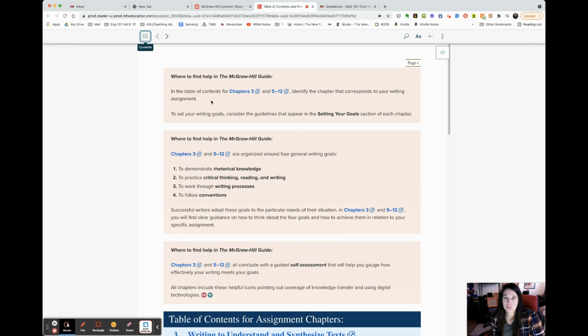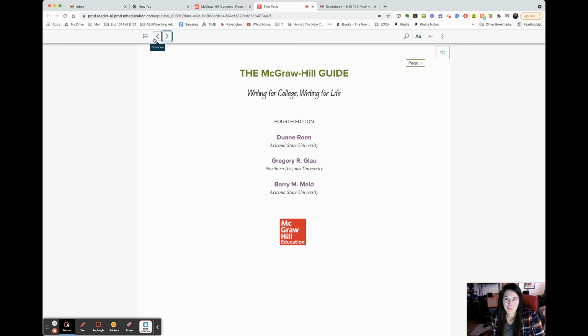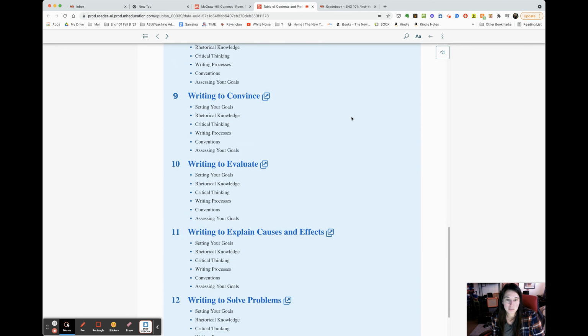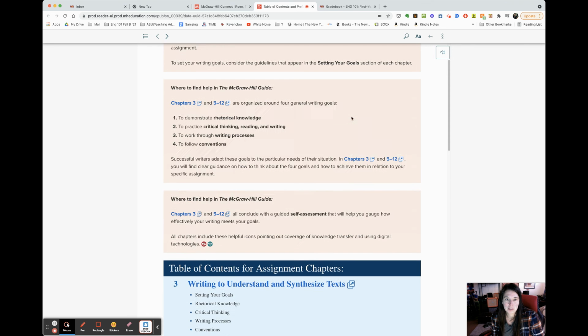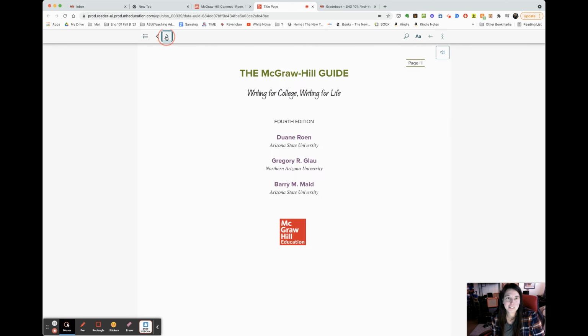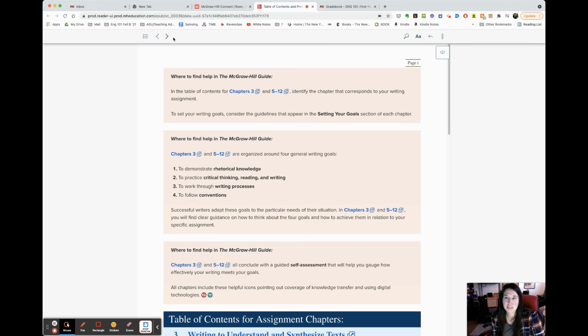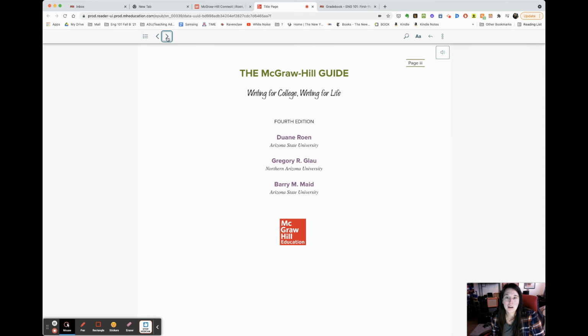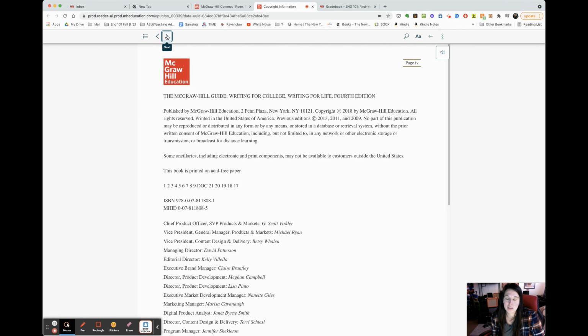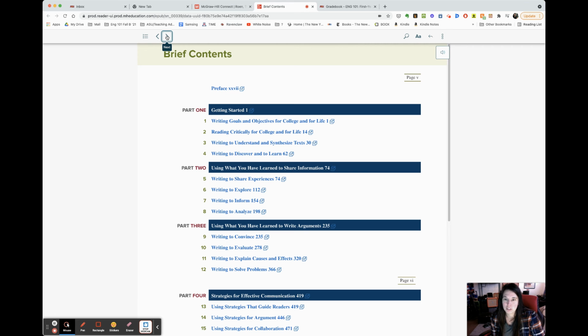And so I'm just going to go to the table of contents and preface. So I'm on page one. I go to page, no, oh, where was page two? Anyways, minus that issue. Okay, I don't know where page two went. I guess it's a blank page, but I really appreciate just the simplicity of the ebook versus the SmartBook, which has a lot of features that I just don't find to be as helpful for this context of our